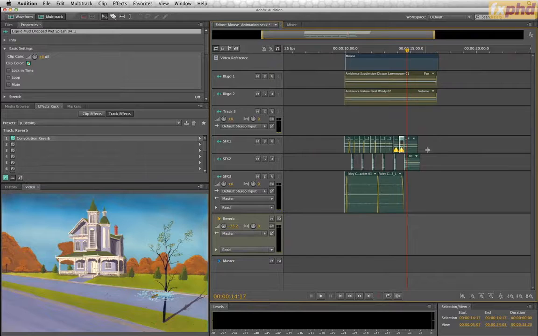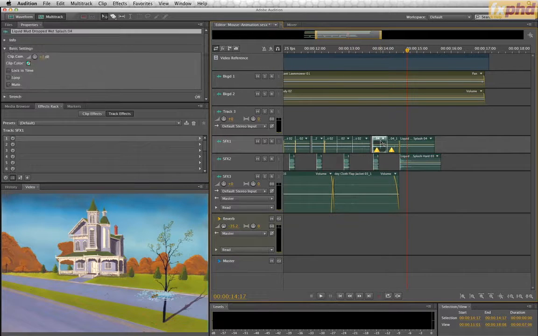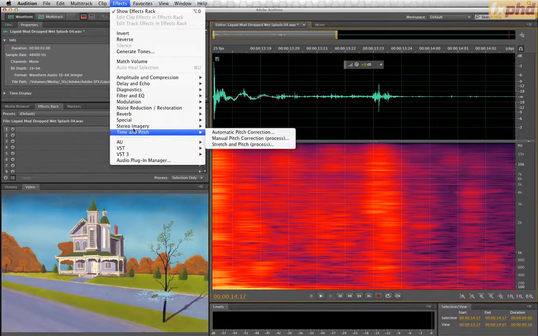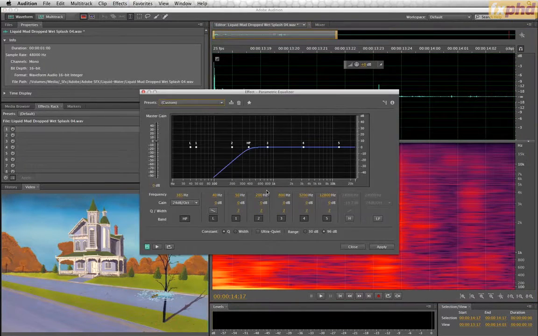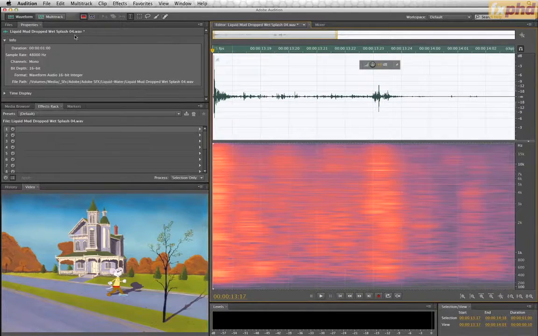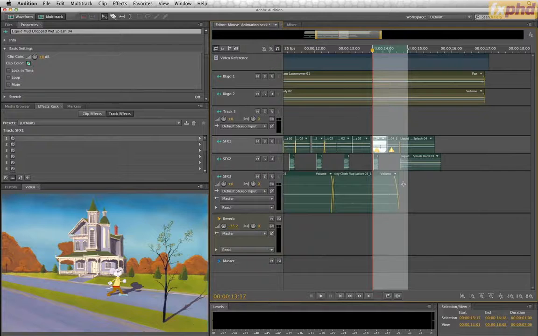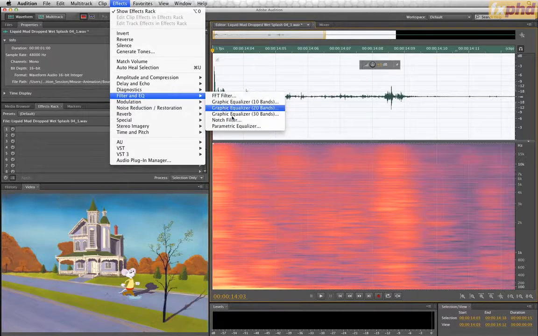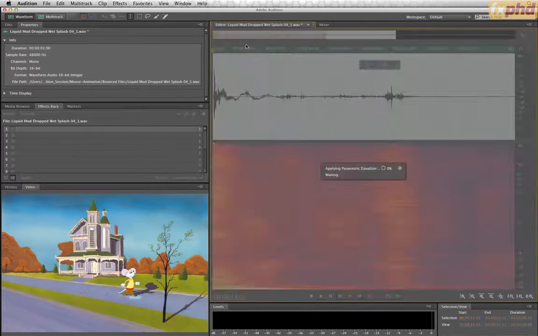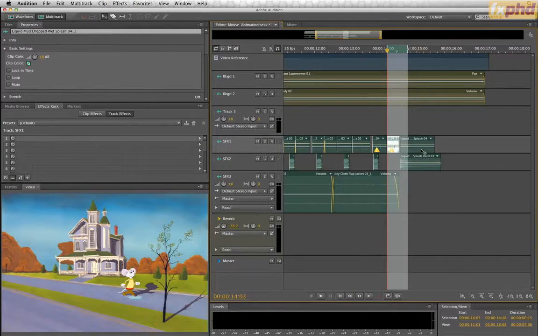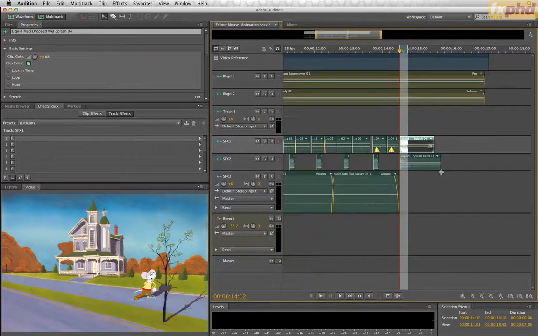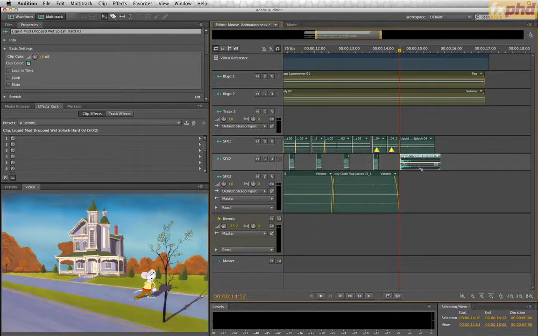So my only complaint is that I think these splashes are a little too thick. So I'm going to roll off some of that low end, go to EQ, apply, go to the next one, EQ, apply, and so for this last one,